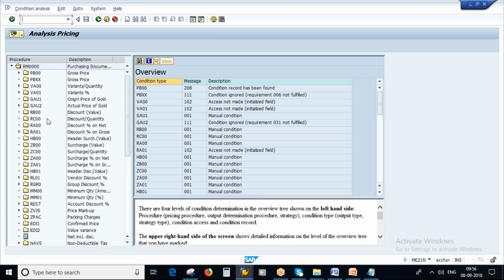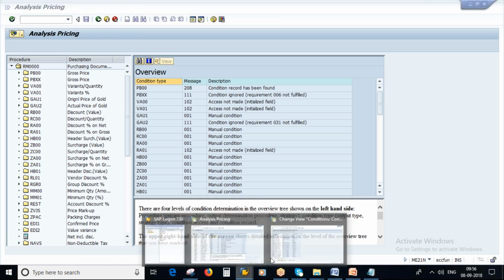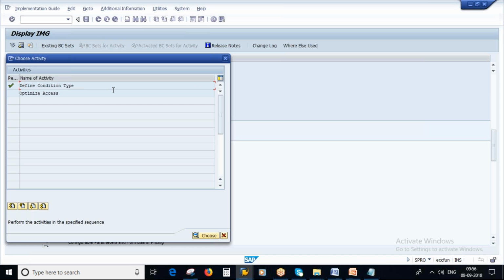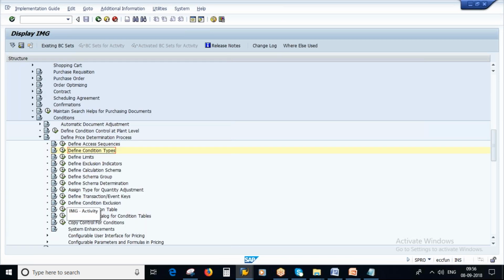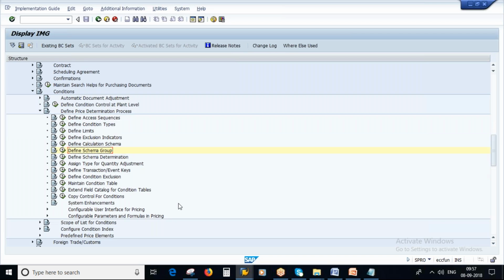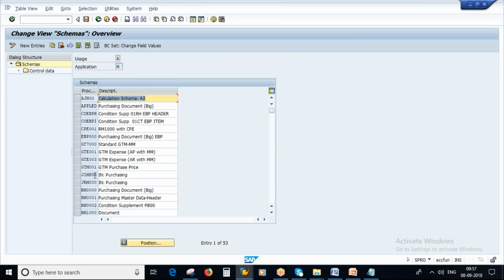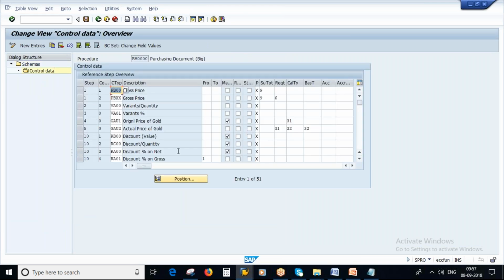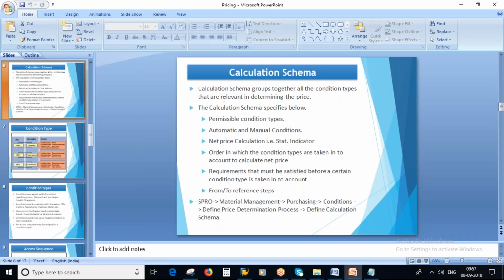I will go to that configuration again, just 1 minute. Sorry, not this one. This one, calculation schema. If you go to RM000 control data, it will have all the condition types allowed, permissible